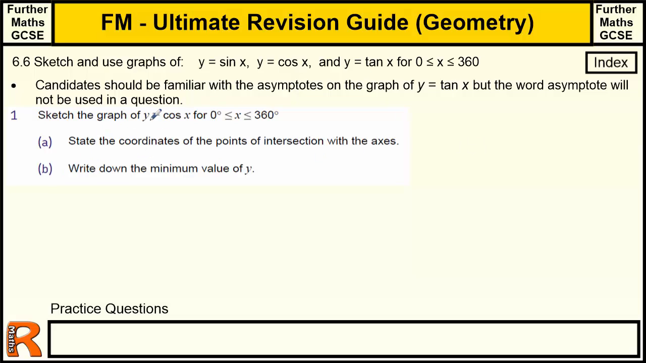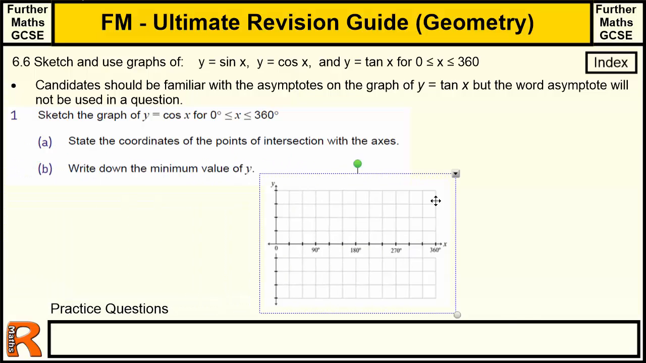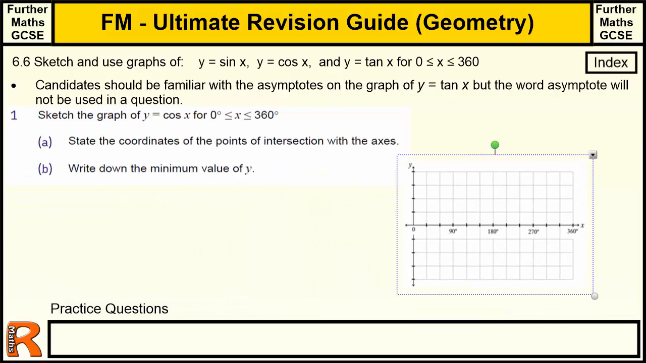Okay, so sketch the graph of y equals cos x, state the coordinates of the points of intersection with the axes, write down the minimum value of y. So that's just some standard sketching of the graph I've just drawn. So let's go through that again. Here's our axes. The cos x graph starts at 1, so if we put 1 onto here,